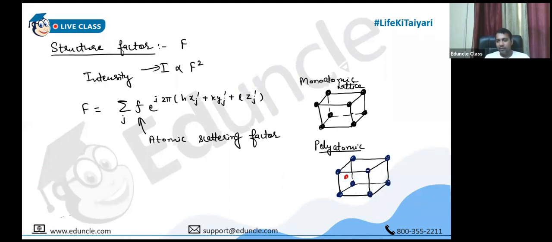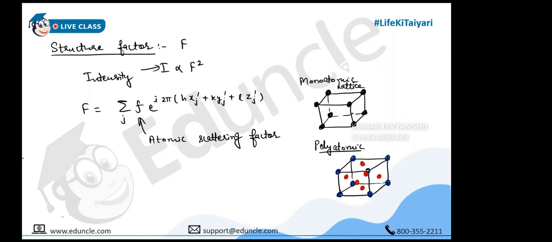Okay, so now both the questions can be asked: whether the X-ray is getting scattered from the red one or the blue one, and from which red one and which blue one, because red is this one also, this one also, this one, so they are present at different positions, and blue ones are also present at different positions. Now clear? Yes, sir. Now both the questions become important. Clear? Yes, sir. Now, let us calculate the structure factors for different crystal lattices, that is simple cubic,